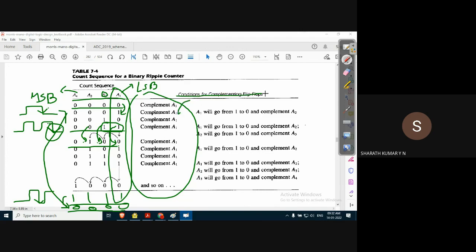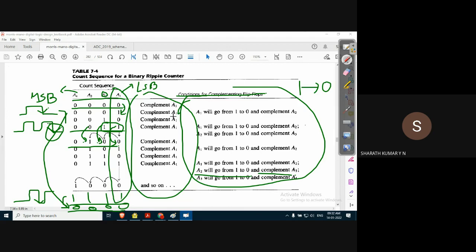Conditions for complementing the flip-flops are explained here. For example, A2 will go from 1 to 0 and complement A3. So whenever a previous flip-flop changes the state from 1 to 0, that helps in complementing the next flip-flop. Which flip-flop is suitable, positive clock triggered or negative clock triggered?